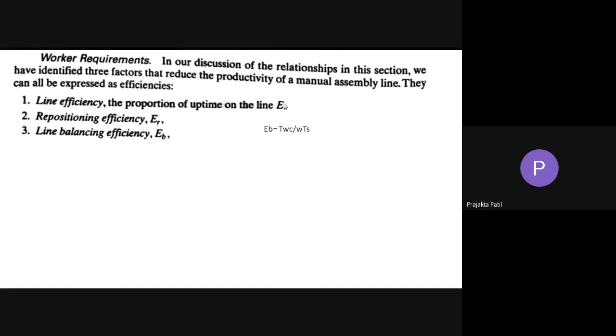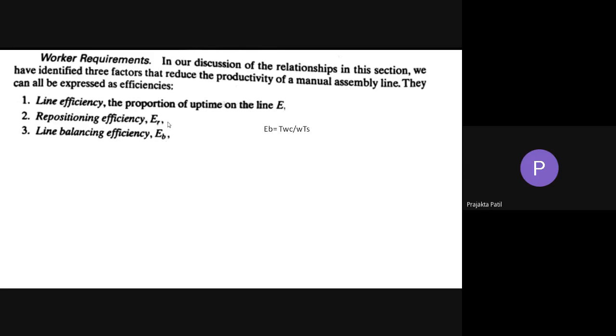Then repositioning efficiency, ER, just in the previous class. And now, referring to the previous slide, we have written line balancing efficiency EB, that is TWC upon W into TS. So we already have the efficiencies for all three.